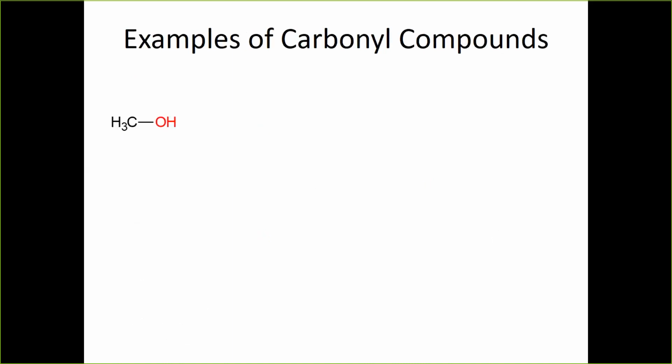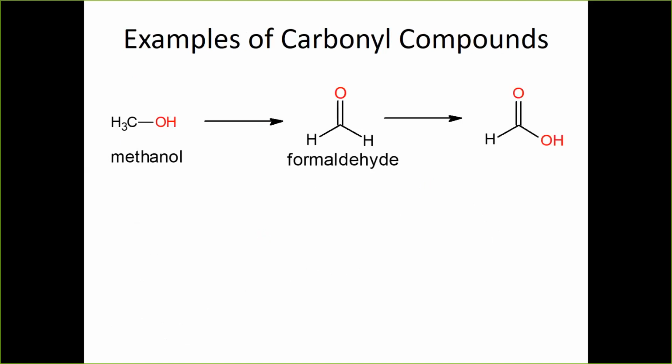So here's some examples of naming these. This is one that I think everybody will recognize. This is methanol. And methanol, as we know, can be oxidized in the body by alcohol dehydrogenase to formaldehyde. And then formaldehyde can be oxidized by aldehyde dehydrogenase to formic acid, which you see here on the far right. So in all three cases, you have that form prefix in front of them. Nobody calls it methaldehyde or methoic acid. It's going to be formaldehyde and formic acid. And this, of course, is of interest because it does cause an anion gap metabolic acidosis, as well as potentially cause optic nerve damage and blindness.